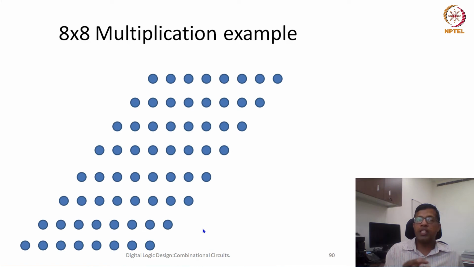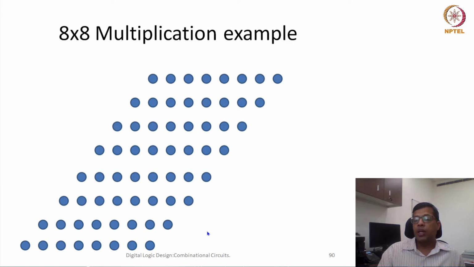Now let us say we are doing 8 cross 8 multiplication, and each of these dots represents one bit of the partial product. This first row represents the first partial product. Because it's 8 cross 8 bit, each bit of my multiplier is multiplied with the multiplicand, so I receive these 8 bits. Similarly, when the second bit of the multiplier is multiplied with the multiplicand, this row is obtained. Similarly, I would have 8 such rows, and each of these 8 rows represents one of my 8 partial products. Now I need to add all of them.